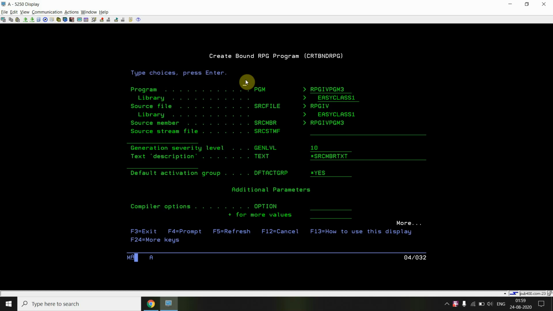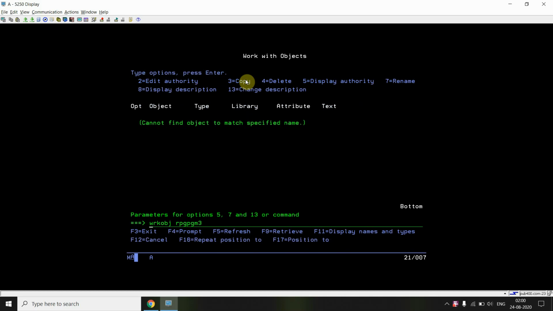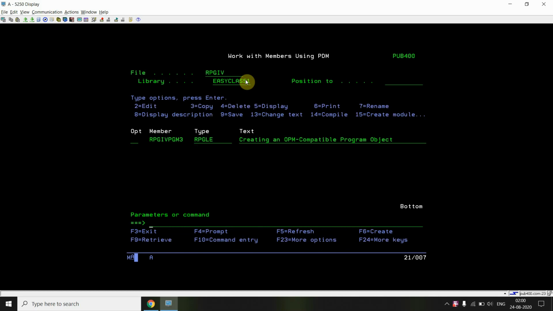Okay, so just compile this program. This program is compiled. Let's see what object is created for this. RPG4 PGM3.